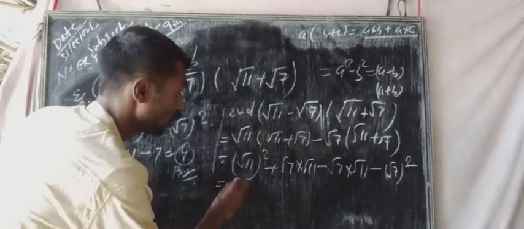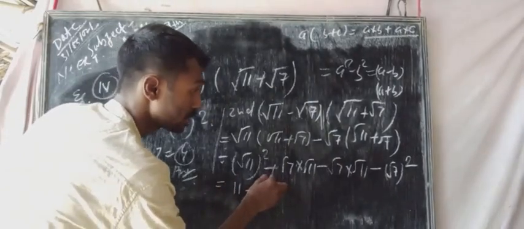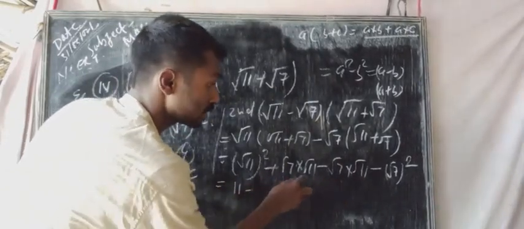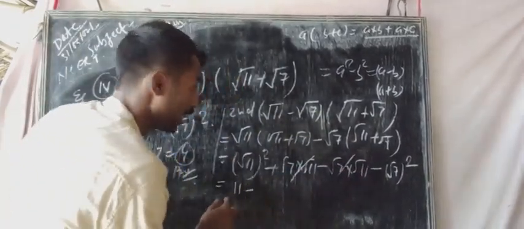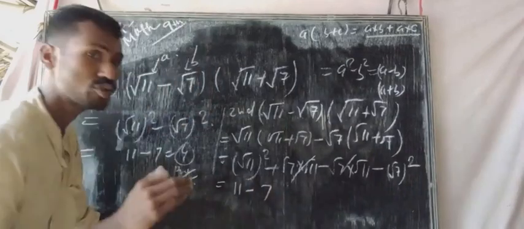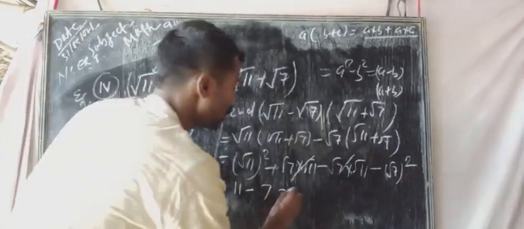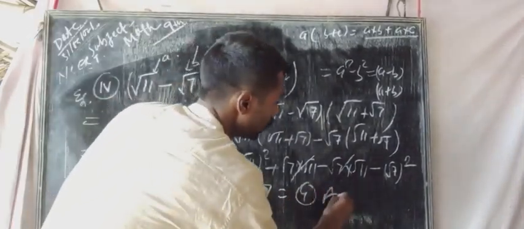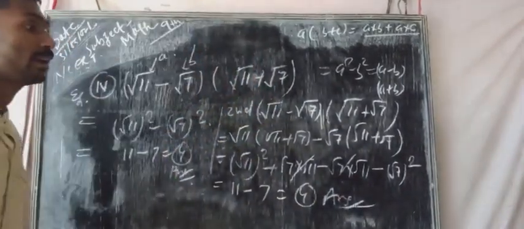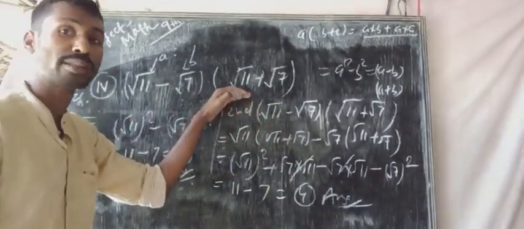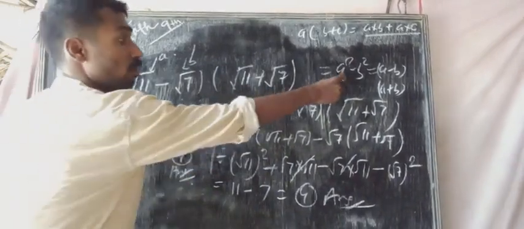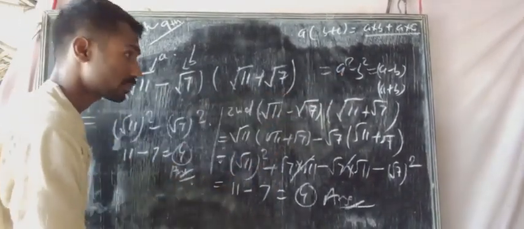Now the value is 11 plus, this one is plus and this one is minus. The similar quantity plus minus is 0, that means cancel. Now the value is 11 minus 7, that means root 7 का whole square is equal to 7. The value is 4. As per your mental strength, you can follow both methods, by the formula and by the calculation.